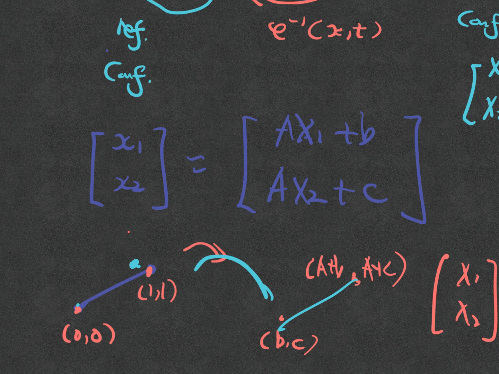Okay, that would be 0. Why is that? Yeah, it doesn't depend on time, right? Okay, so I don't know what that is. But what if I write t here? Okay, what is the velocity? Yeah, okay. Velocity would be b and c, but how is that velocity defined? Is it defined in the current configuration change or the reference configuration change? But reference doesn't change. You have the same reference,